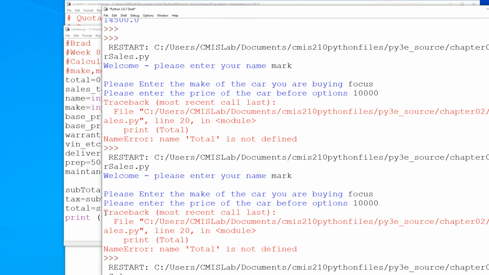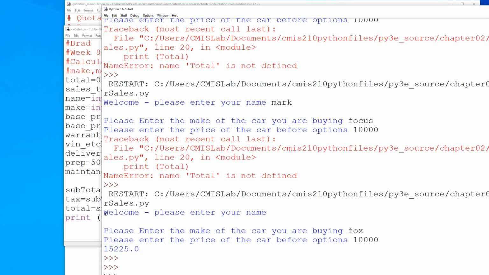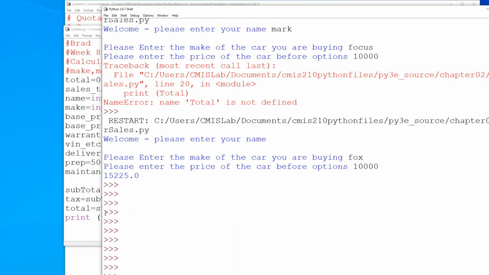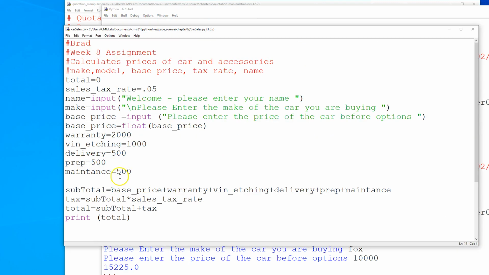And I'm going to enter a Focus or something. And so now it actually worked. You have to be really, really super careful about your variable names that you're always using the same one. So now I've got the bones of this. I need to go in and flesh that out and make it usable. So I may add, instead of just printing out that